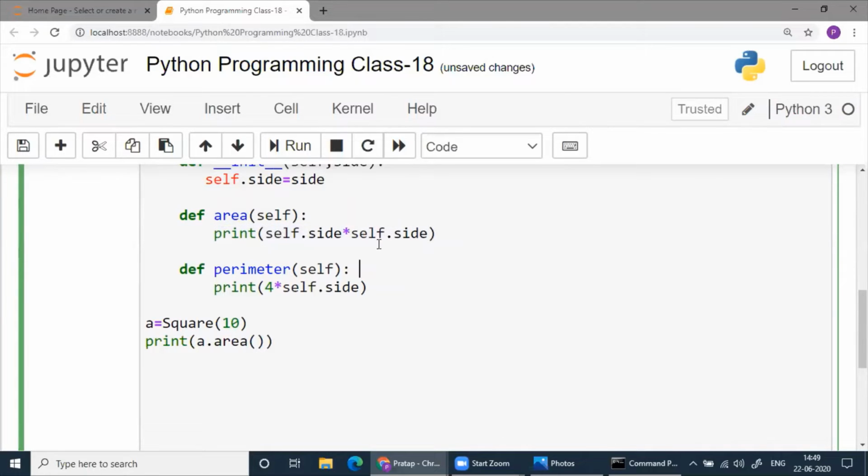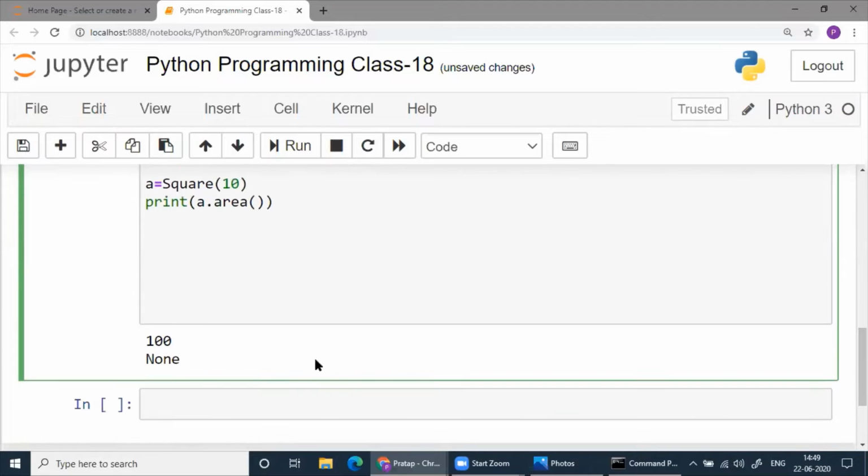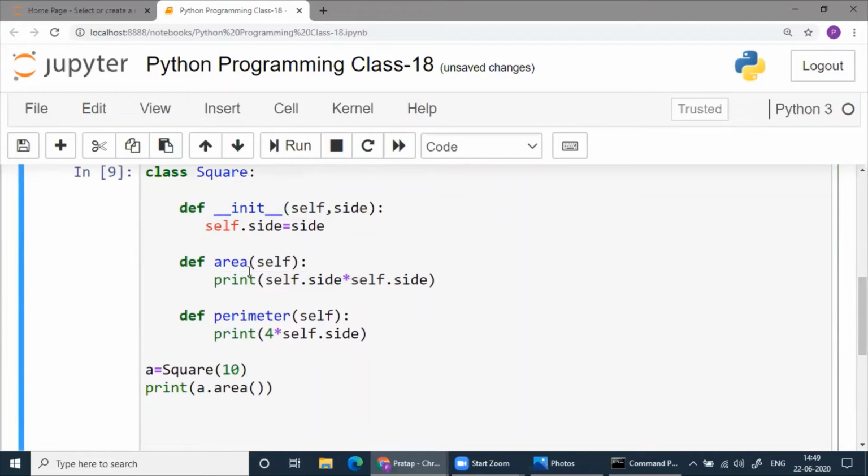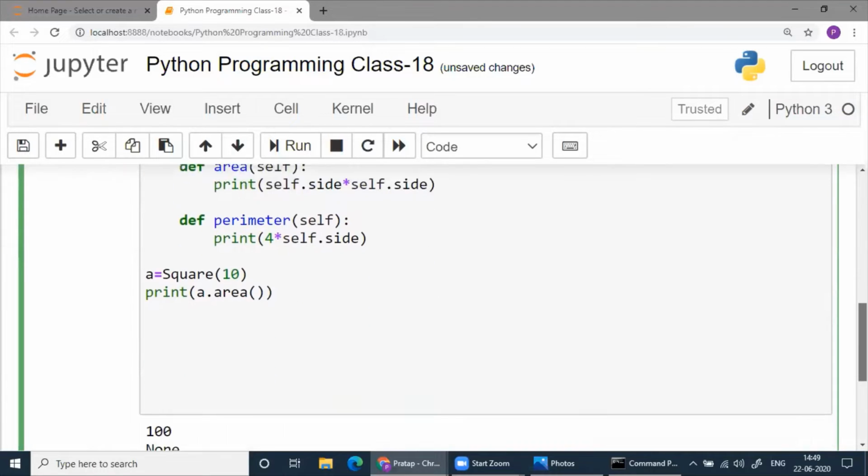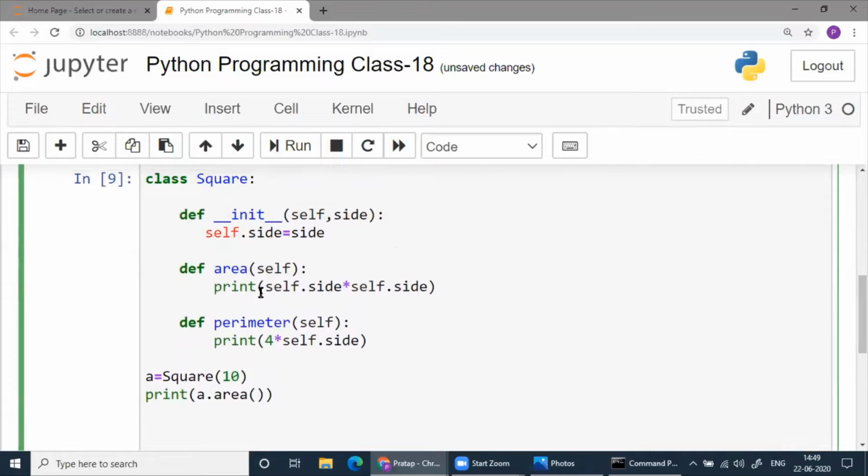It's not returning anything. So 100 we are not getting at all. 100 is this one, it's printing. Whatever it is, it's printing, it's showing up. That's all, because print is a part of our function. It's better to write return.